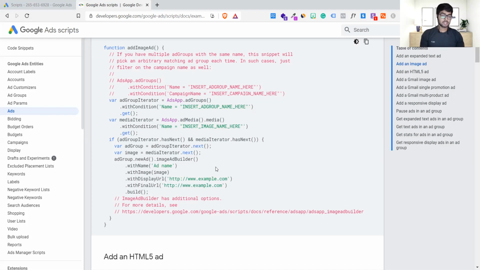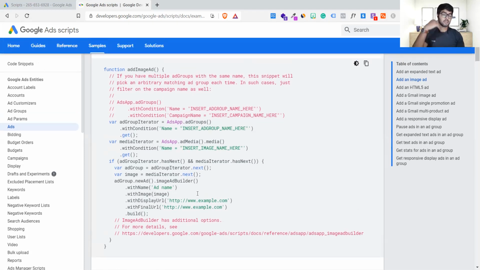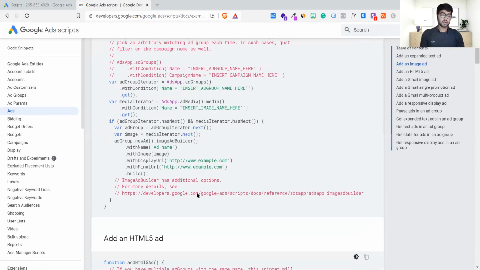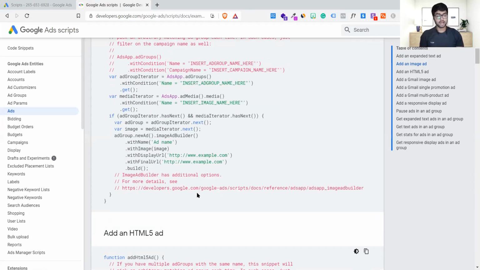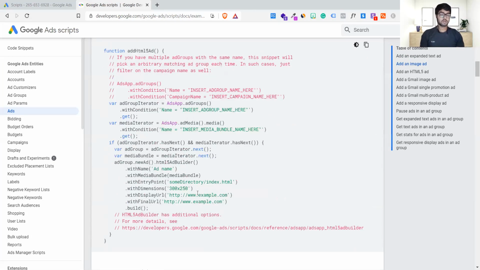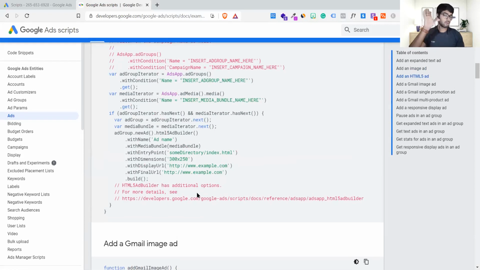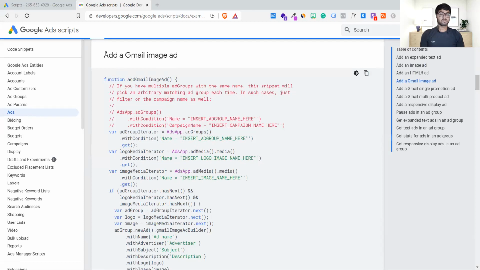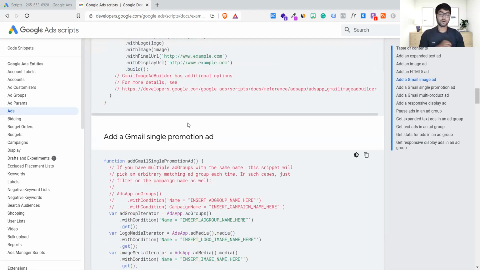So if you want to insert that straight in, you can simply paste that URL over here, and you can change this particular destination, and it will create a new ad in the same ad group. And yes, you will have the new ad coming up straight away without touching your Google Ads front end. This is the back end of Google Ads. You can do a lot of things, like Google ad and Gmail image ad. You have to play with that.